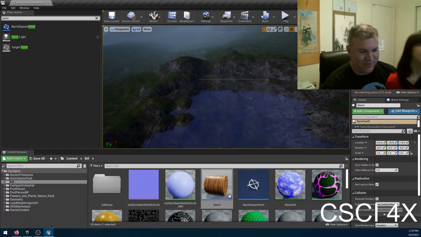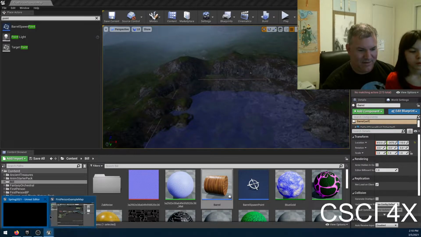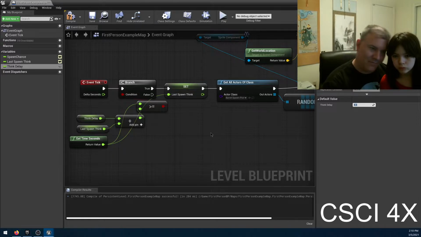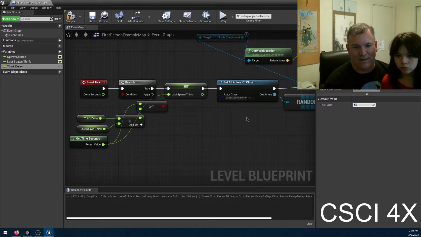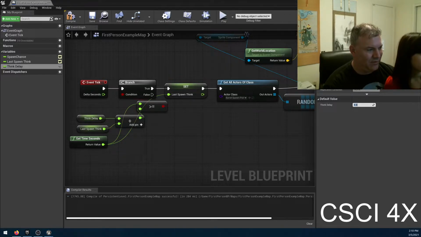All right. So let's turn the spawn rate down. Let's turn that delay to like, I don't know, 4. Once every 4 seconds, it'll make one. Okay. And do you guys see how this works? I could just copy and paste those spawn points, and the more spawn points I put on the world,